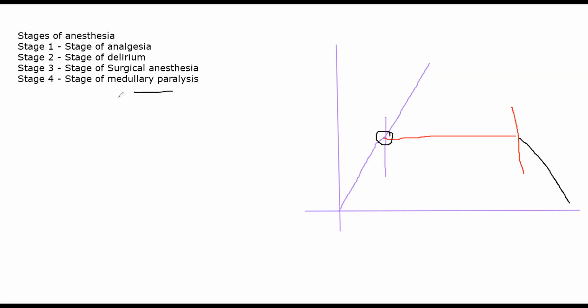Pupils will be completely dilated, muscles will become flabby, so you'll lose complete tonicity. All right, complete muscle tone is lost. And if you try to check the pulse in this stage, you'll not be able to feel it, or it will be very thready, so you're barely able to feel the pulse, and blood pressure will fall very, very low. All right, so that is the stage of medullary paralysis. You do not want to enter this stage, you want to remain in the earlier stage to perform surgery. All right, these are the stages of general anesthesia. I hope that clears your doubt.